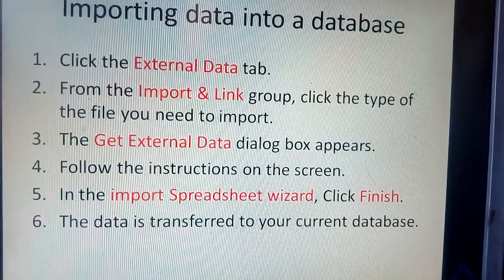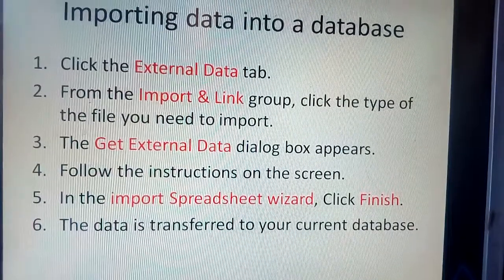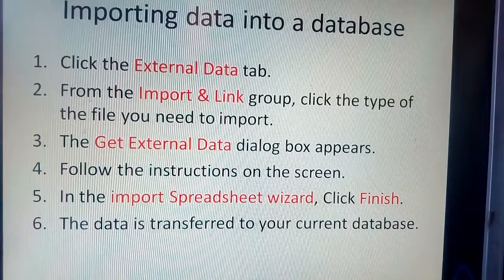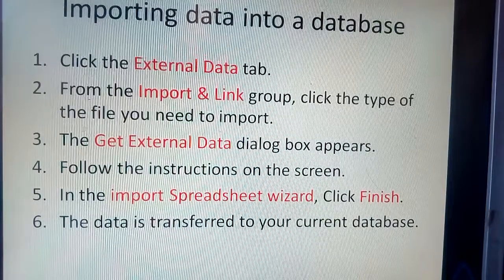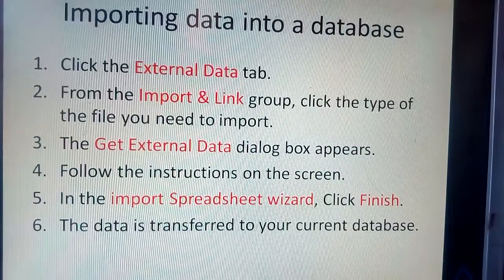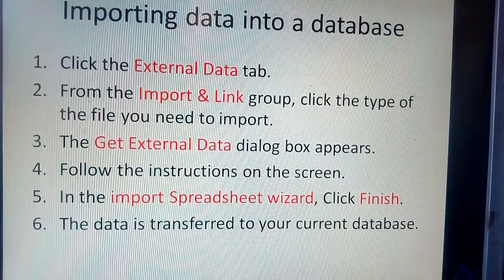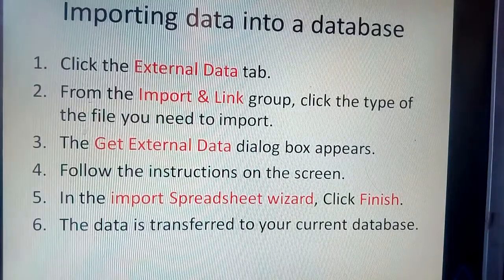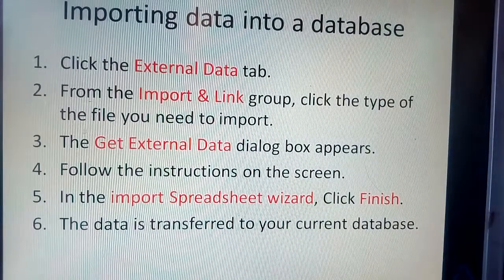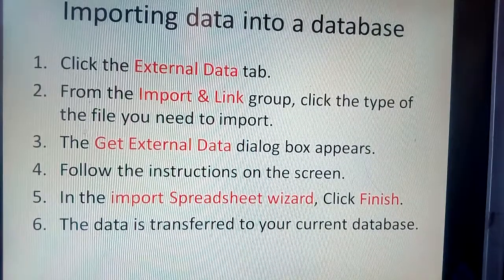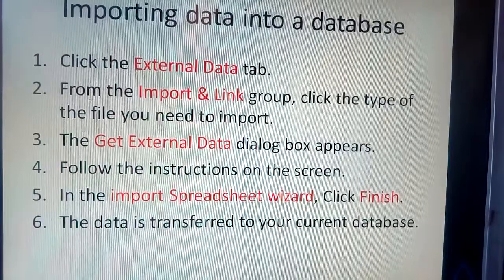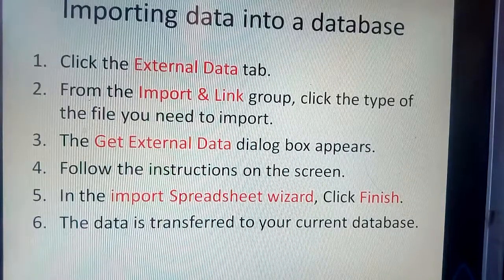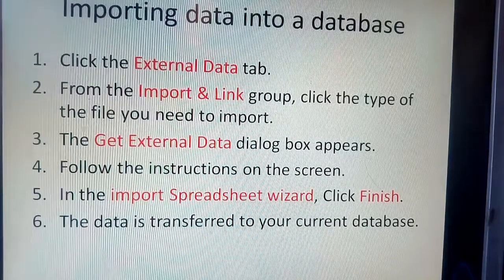Next day I will show you the practical of this, how to add, delete and rename the object, and import data into a database. But before that, watch this video and read this chapter minutely, and note it down in your copy also. So today up to here, read the chapter. Next day we will meet again with the practical. Okay, so thank you.